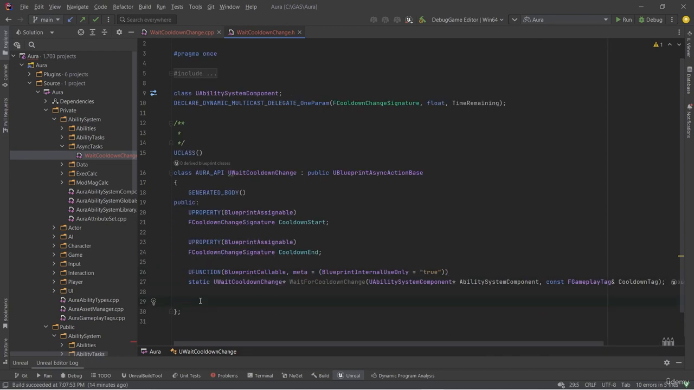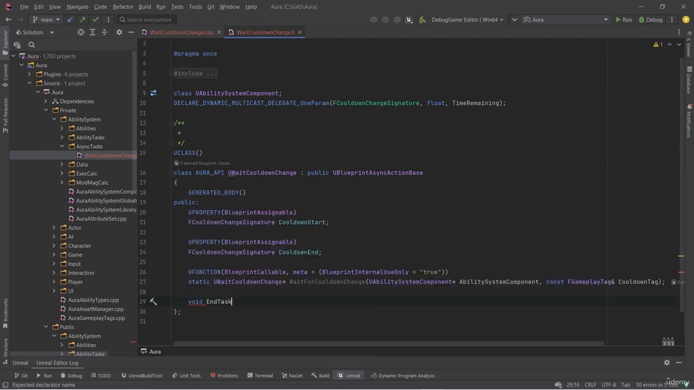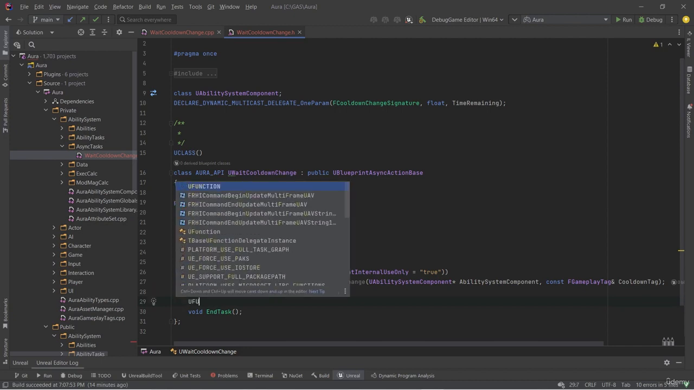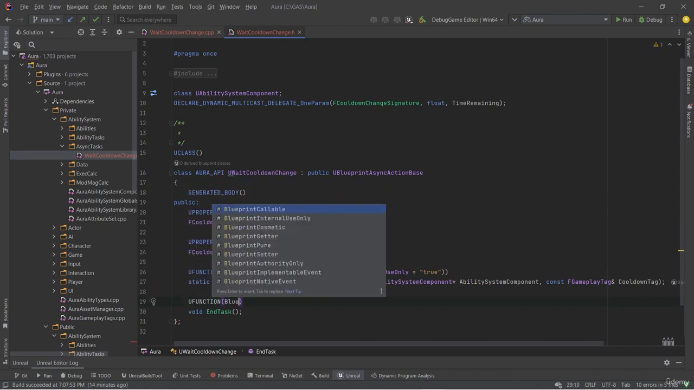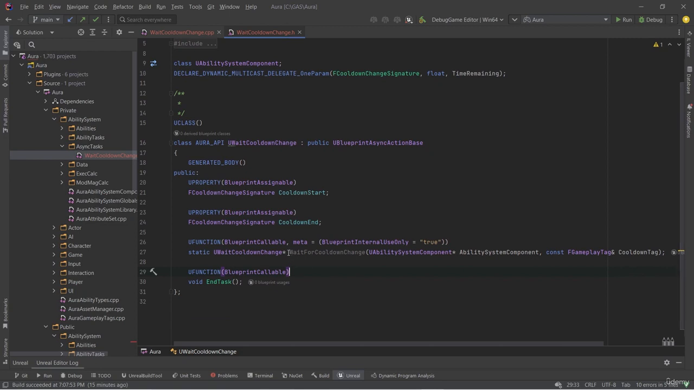Now, if we're going to be listening for delegate broadcasts, when this particular task ends, in other words, when that widget is destroyed, then we can clean up any resources in void EndTask. So we'll create this particular function and make it UFUNCTION, BlueprintCallable, so that we can clean up anything when the task is done. Now, as soon as WaitForCooldownChange is called and it receives an ability system component and a gameplay tag, we would like to store that in a